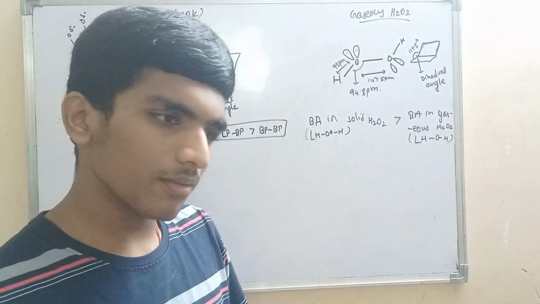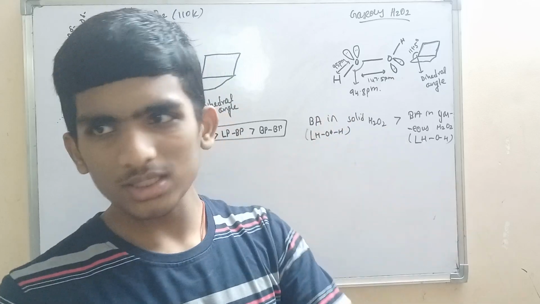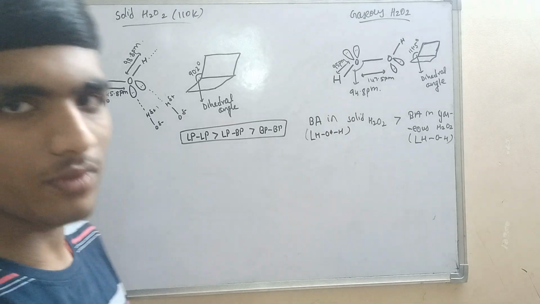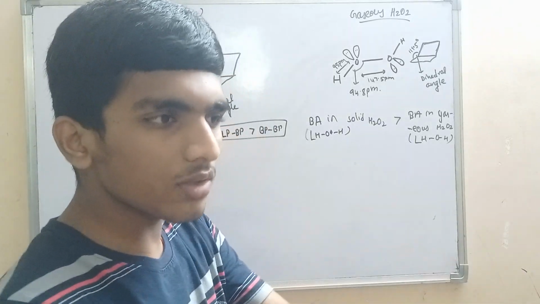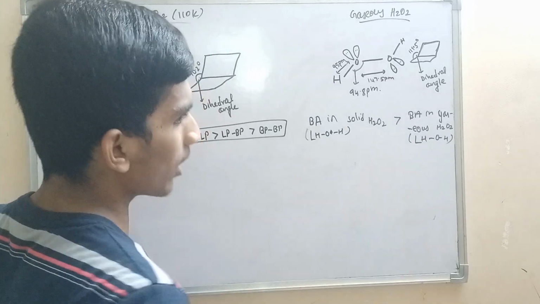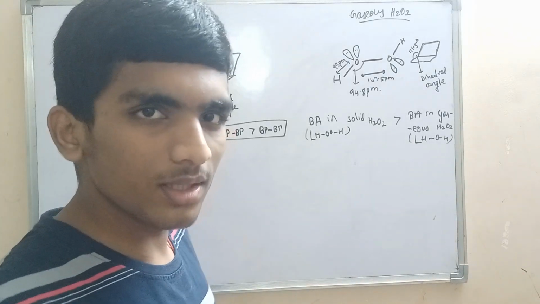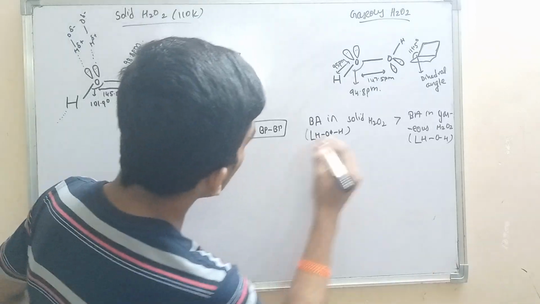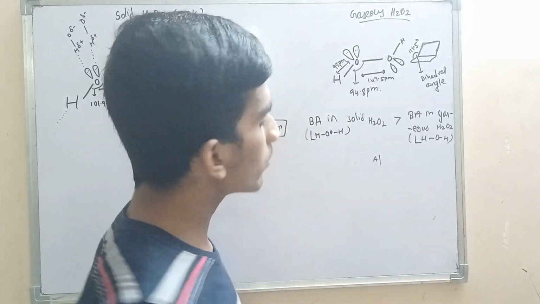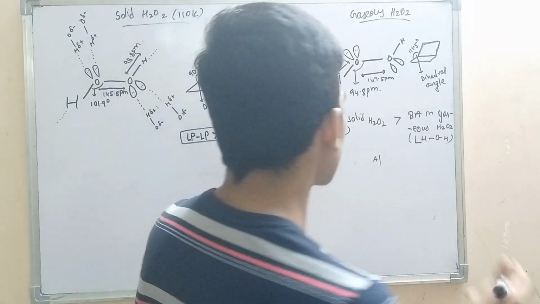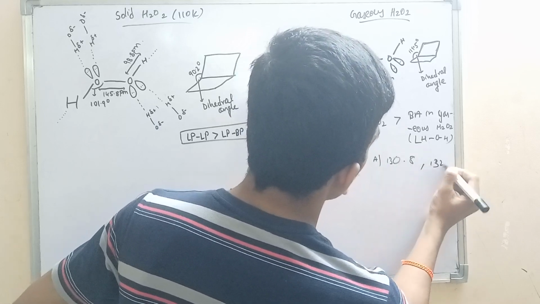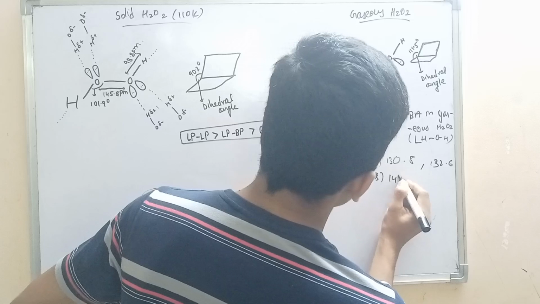Sometimes we remember the value is like 140, and we don't remember the value after 140. We know that these values will be in the range of 140s. In options they will give 130, 120, 150, 140. Once we get the things, they may ask, for example, what are the bond lengths of solid H2O2 and gaseous H2O2. I'm giving some options, roughly, don't take it too seriously: 130.8, 132.6, 147.5,